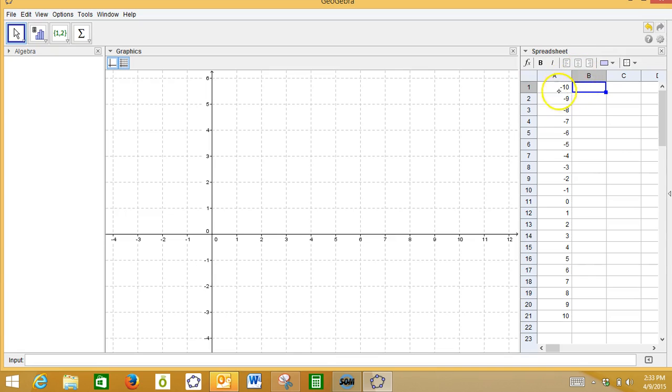So in GeoGebra, I have an input column here, and I just happen to make it -10 to 10. All right, so we want to evaluate our function x cubed with these specific input values from -10 to 10. So to do that, I'm going to click on the cell B1, and this B column will be my output column. I'm going to create a little formula. I'm going to say this cell is going to equal, and then we're going to evaluate our inputs cubed. So this is going to equal A1, that number,